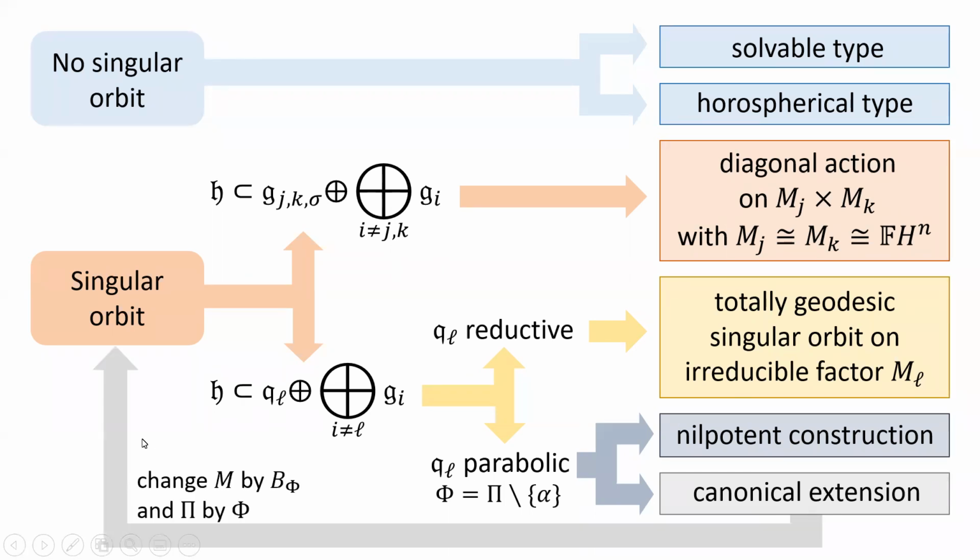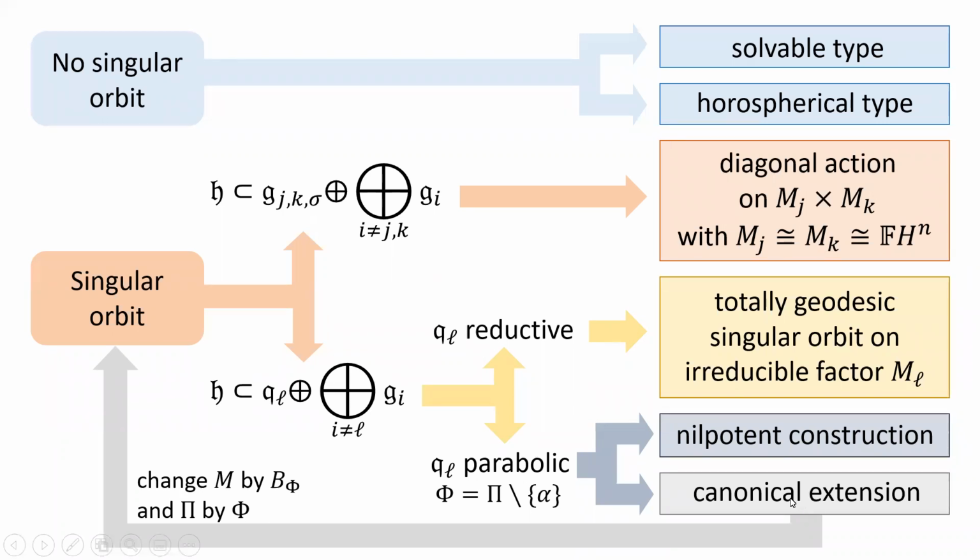So what you have to do is to go back to this situation, changing M by the lower rank symmetric space, this boundary component B Phi, and therefore Pi by the new set of simple roots, which now will be Phi. Okay, and do the process again. You may end up again in canonical extension, and then you do it again. Okay, so at the end of the day, since you are decreasing rank, at some point you cannot have any